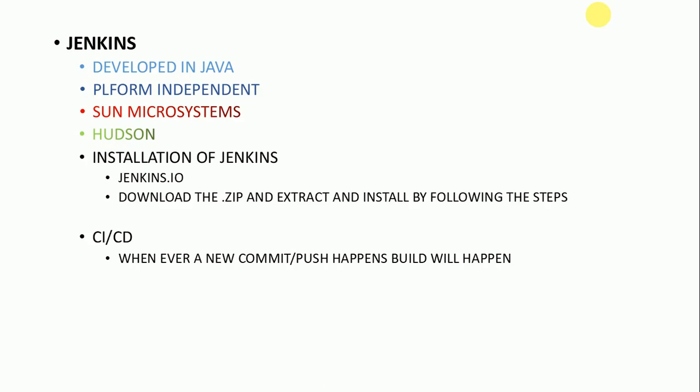In this video today we will be concentrating mainly on the installation of Jenkins, the steps to install, and if possible we will also see how to configure Jenkins. For that, we need to download the Jenkins zip file. Today I will be showing how to install on Windows. Later I will show you how to install in a Linux environment, that is a Unix environment, which is the same for the Mac environment as well. So today we will be seeing the Windows environment.